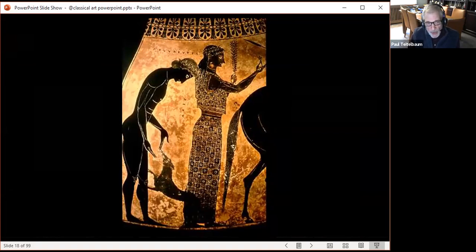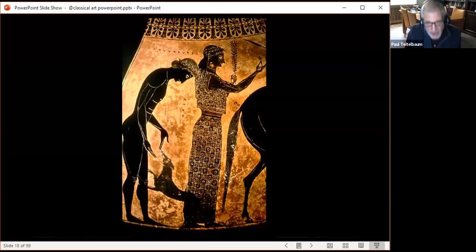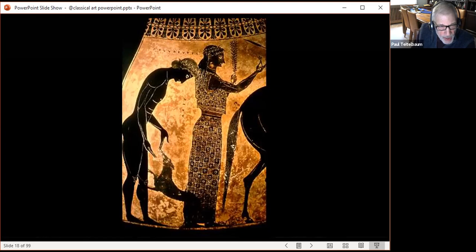I'm going to be showing you basically scenes that were executed by Exekias, who is the finest black figure master, maybe the Rembrandt of black figure. And this vase depicts the twins, Castor and Polydeuces, who are better known by the Latin names Castor and Pollux. If you've heard the expression "put up your dukes," Polydeuces was a famous boxer. The twins were brothers of Helen of Troy, and I think the writing represents the woman as Leda, who is the mother of the twins and Helen of Troy. And we see Polydeuces reaching down to his dog, and how often have you seen your puppy jumping up to wag his tail furiously and lick your hand,